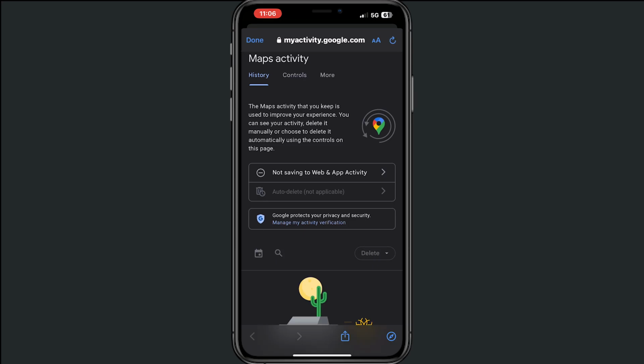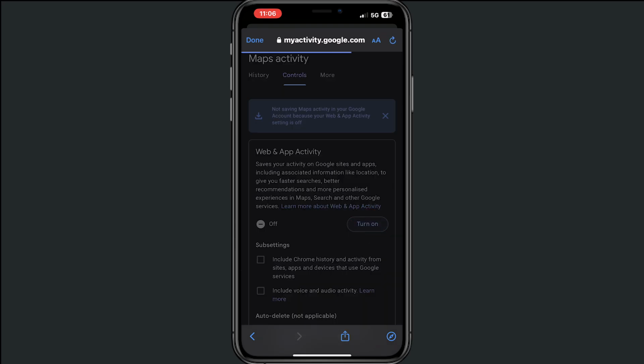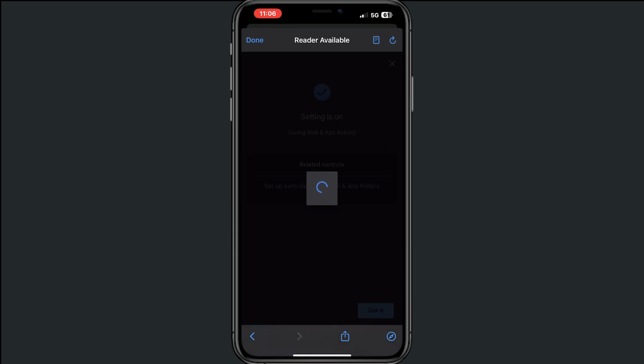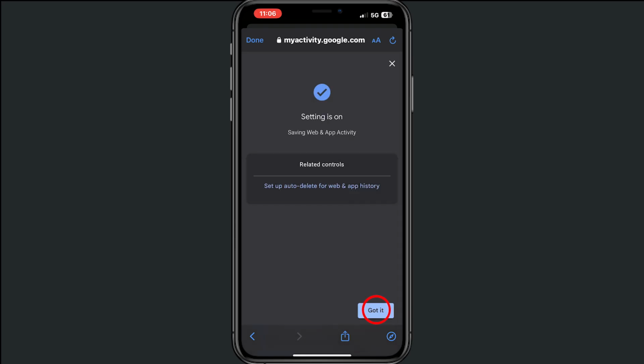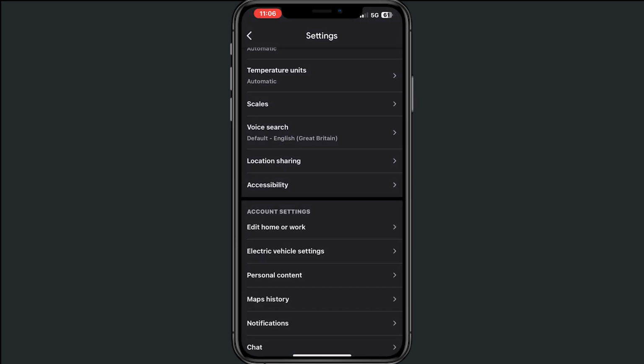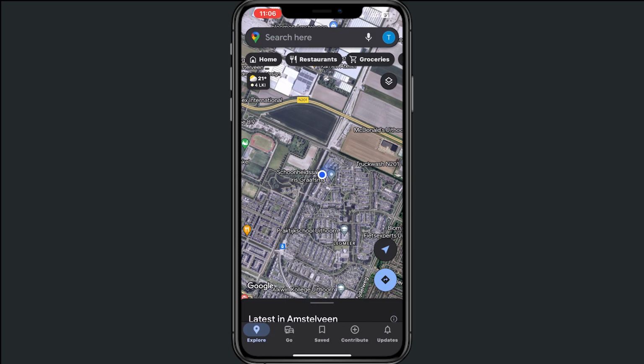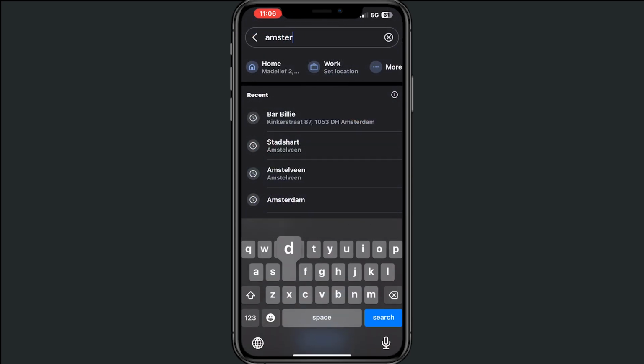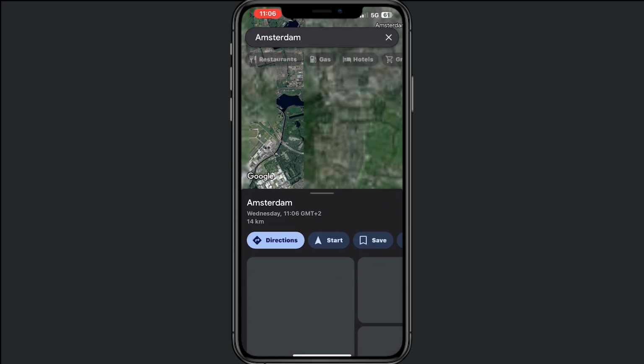Now, it will send you through Google, and as you can see, I selected the option for not saving web and app activity. Alright, now make sure that you turn this on. Now it's turned on, and if we tap done, go back and search for Amsterdam, tap on Amsterdam, then start,